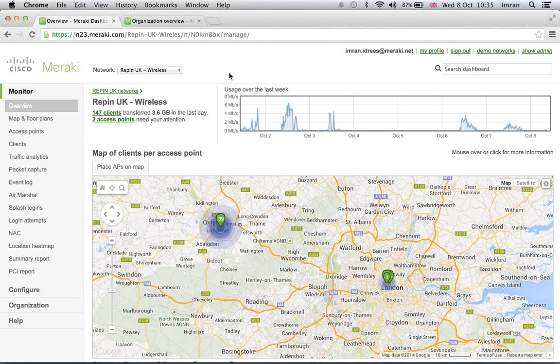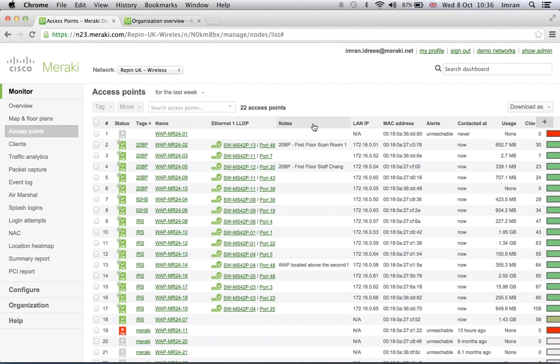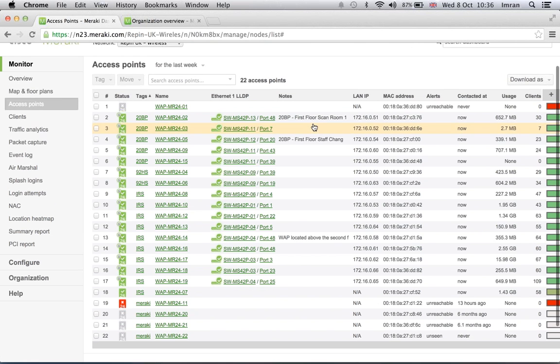One of the things I think when we were taking a look at the switch ports on that one switch, it was great to see that on the ends of those ports were Cisco Meraki wireless access points, and they're so integrated that they were displayed as hyperlinks. So if we clicked onto any one of those, it would have taken us straight over to one of the access points. Yeah, so on the far left side where you see access points underneath the monitor,